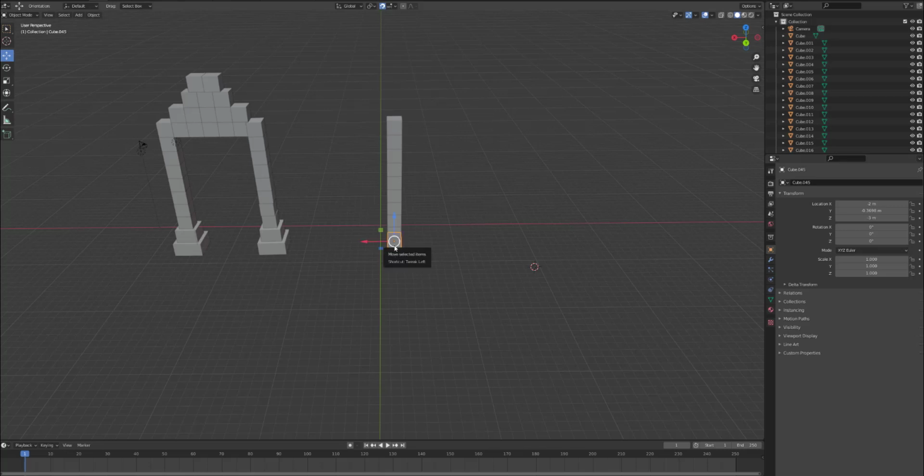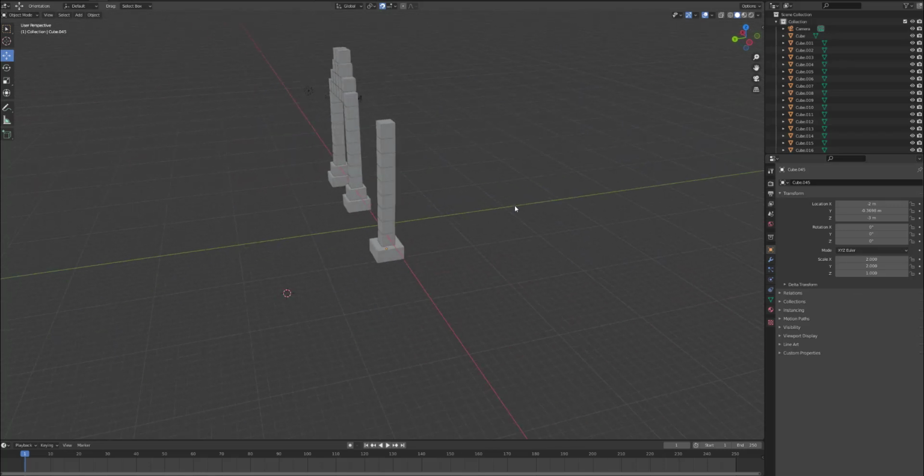I'm going to increase the size of the bottom block to 2 by 2. So in the X plane it goes, that's rotation, it's size. So 2, 2, 2, and we've